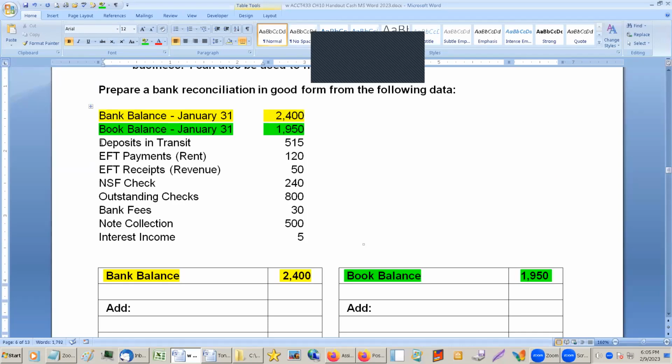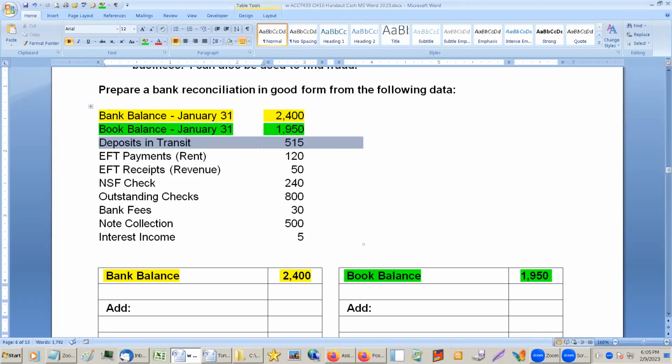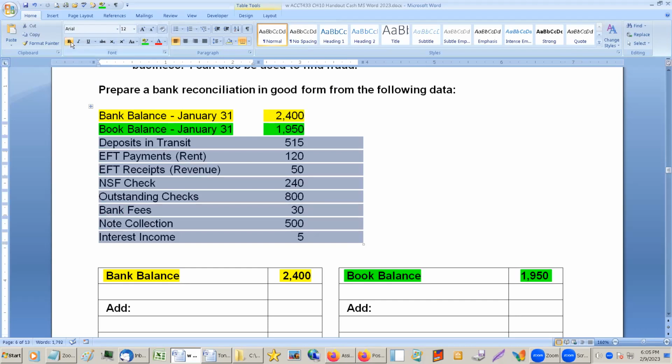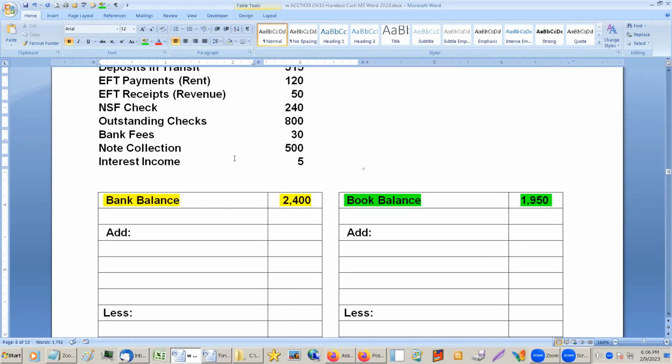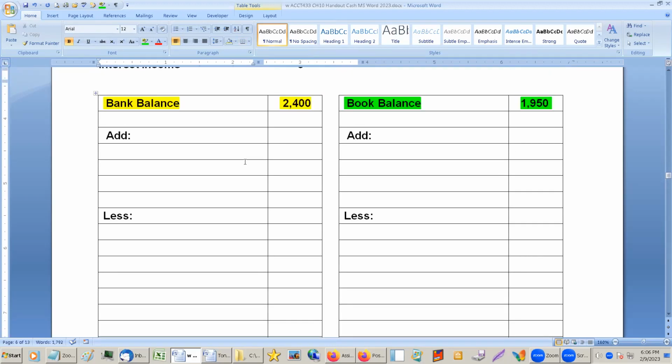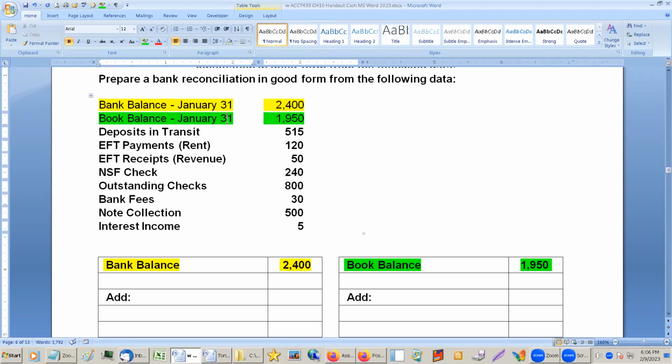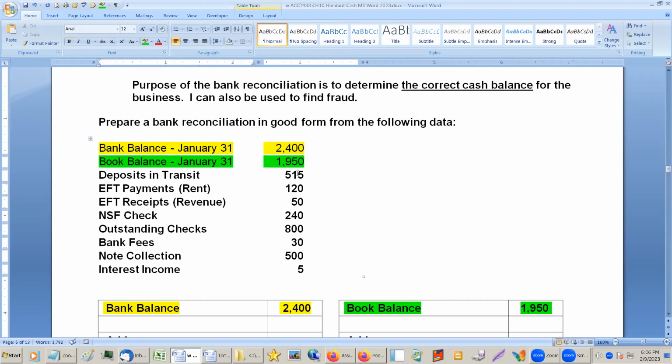Okay, deposit in transit. Deposit in transit is when you make a deposit near the end of the month. Do I give a date here? I don't give a date. Who made this stupid problem? All right, well, anyway. Oh, January 1st. Okay. So if you made a deposit, say on January 21st or January 31st,